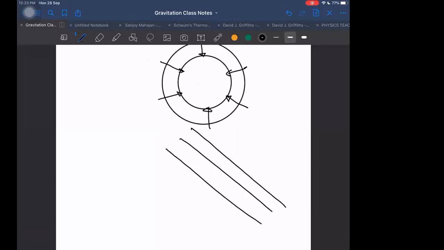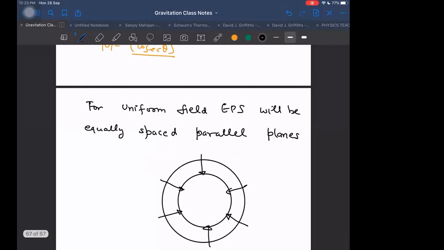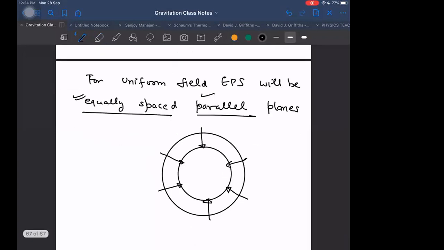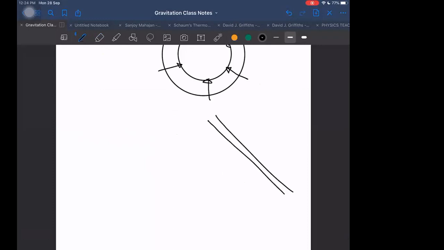This is one thing. But I said another thing. I said not only parallel, I said one more thing here: equally spaced. We understand why parallel, but why equally spaced? That is also one other interesting thing, because magnitude should be same. If I take surfaces like this, and then more like this, a difference will come.